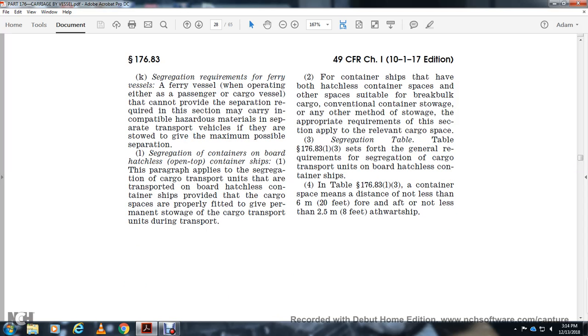For the container ship they have both latch capsules contain space with the other space suitable with the break bulk with dimensional container stored in any other method, so that the appropriate requirements for the section apply with the relevant cargo space. Segregation table, the table 176.83 with the table 4th and general requirements segregation cargo transport unit with the board hatch lift the container ship. And table